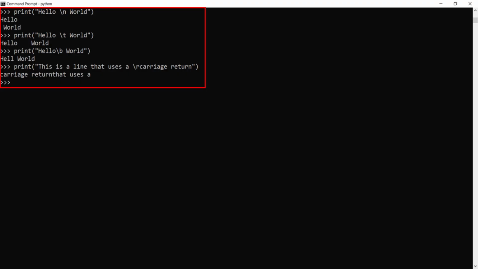The sample outputs for the escape characters in the previous slide are as given here. As you can see here, the \n creates a new line in the position where it is placed. \t has created a tab space in its location. \b acts as a backspace character, and \r moves the content after it to the starting position of the screen, replacing the original text.